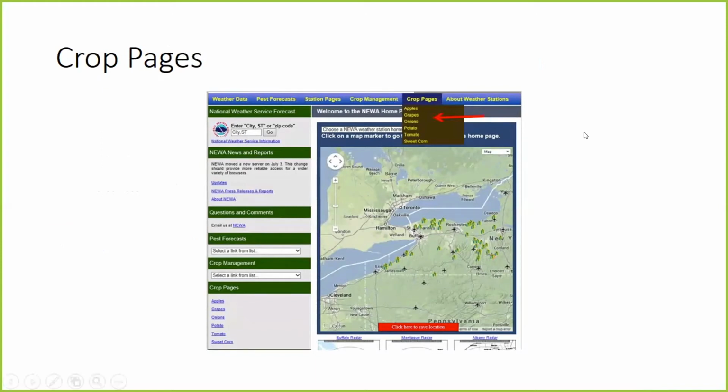Dan mentioned a couple different ways to get to the disease and insect models. One of the ways that he didn't mention, it's not my favorite way, but again, with NEWA, the best way to figure out how to use NEWA is to go in and use NEWA. You will find the best way for you. I like using the station page because it's, for me, the quickest way to get to it. But you can also go up in that little blue menu bar that Dan talked about